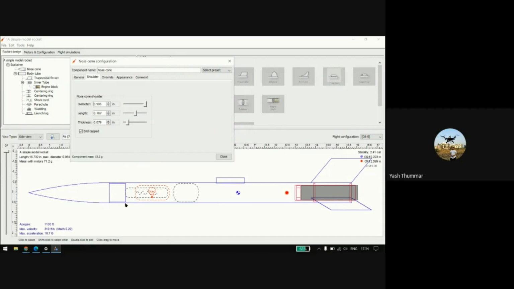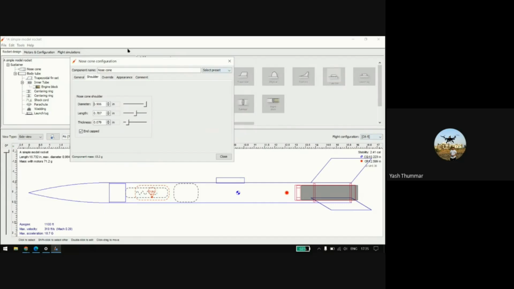You will understand this better after seeing the rocket model here. For the length, in very practical terms, the shoulder length is mostly one fourth of the nose cone length. Mostly people and students consider one fourth of the nose length, but it depends completely on you.